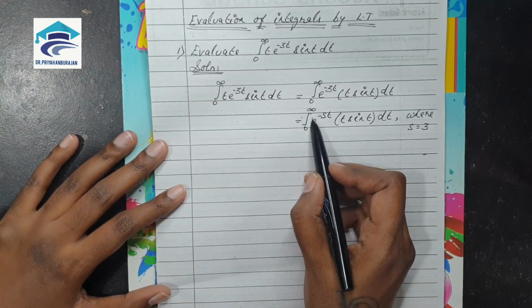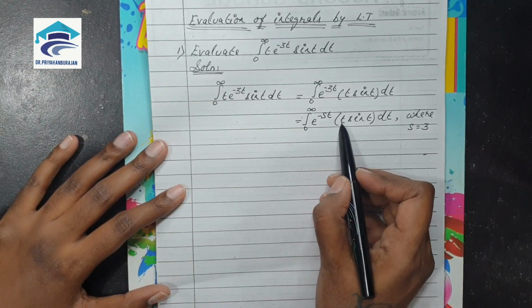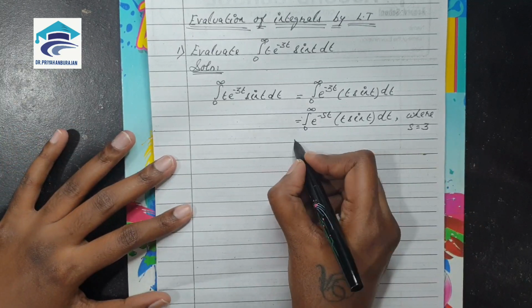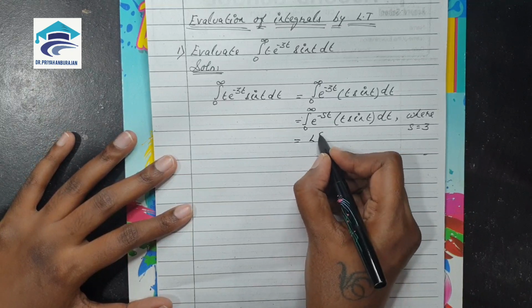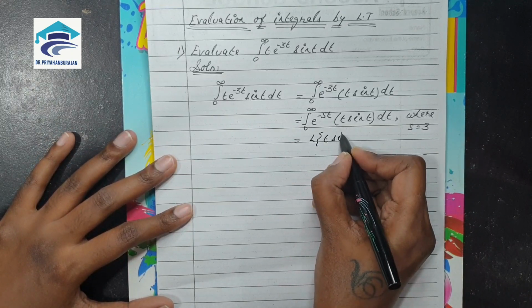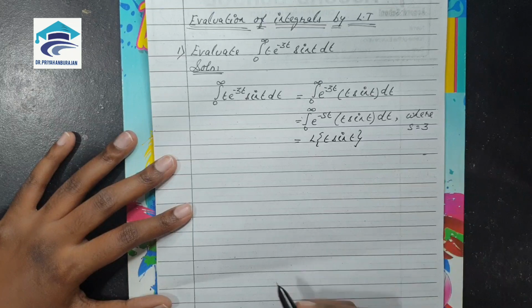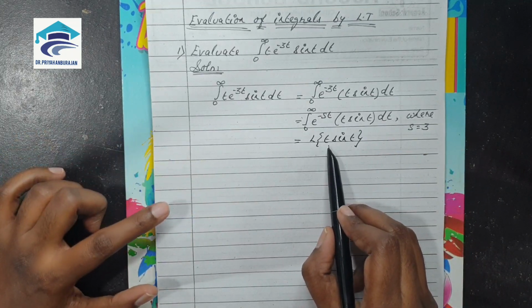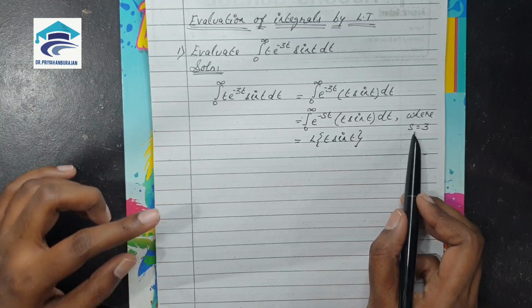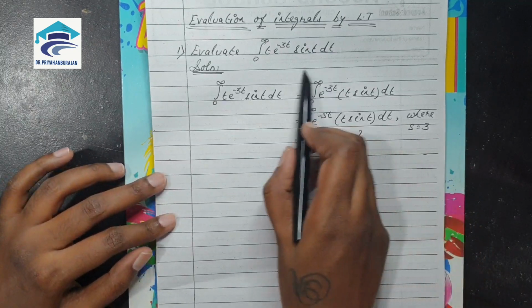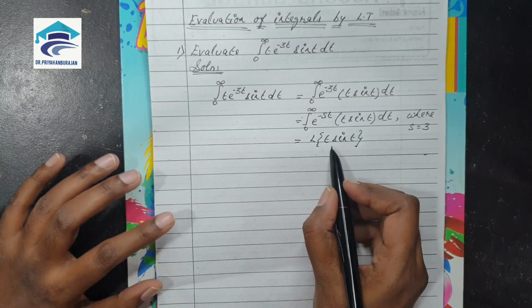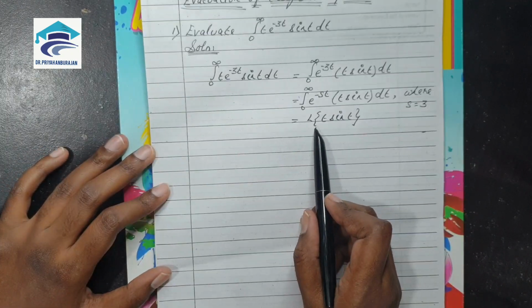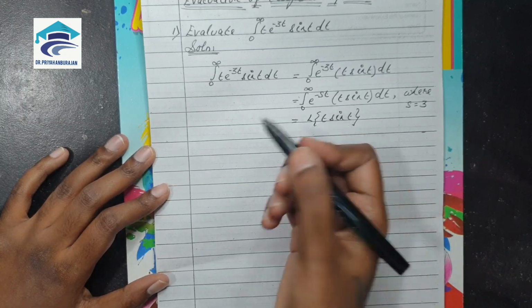This is integration of 0 to infinity e power minus st f of t dt. So, this is of course the Laplace transform formula. So, this can be written as L of t into sin t. So, if I find the value of the Laplace transform of t sin t and then if I substitute s is equal to 3, I will get the value of this integration. We will move on and find the value of L of t into sin t, and this is of the form L of t into f of t. So, we will use the theorem.